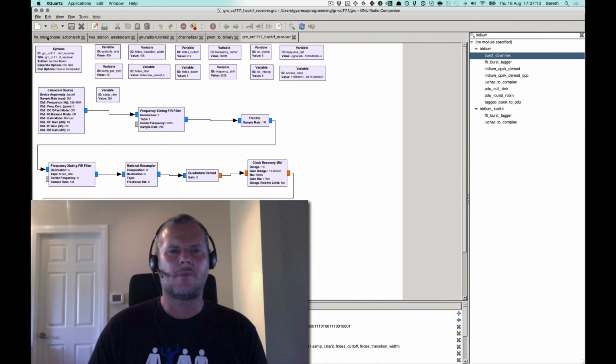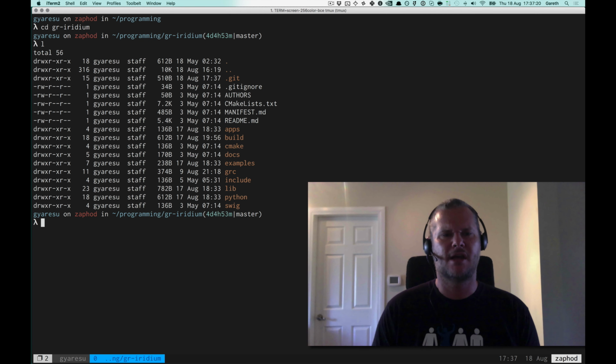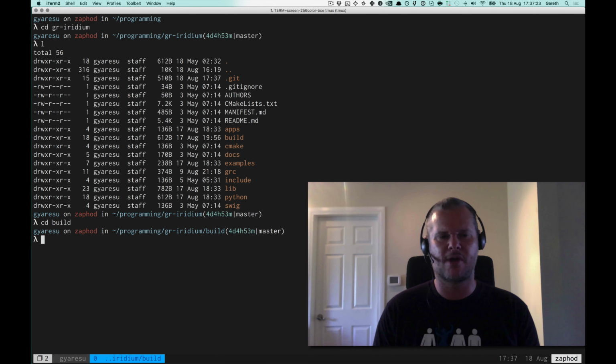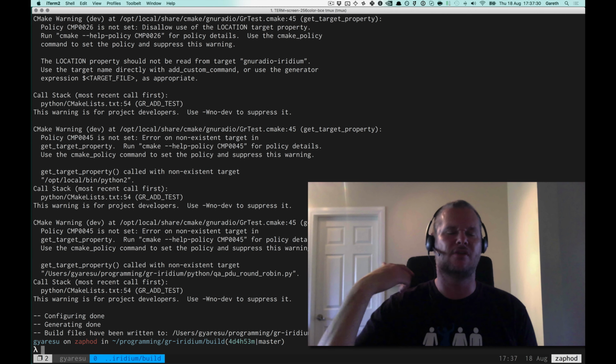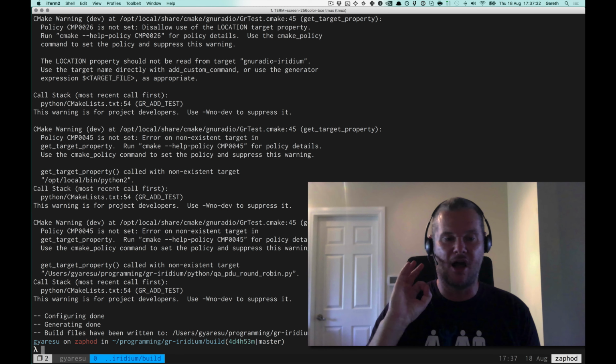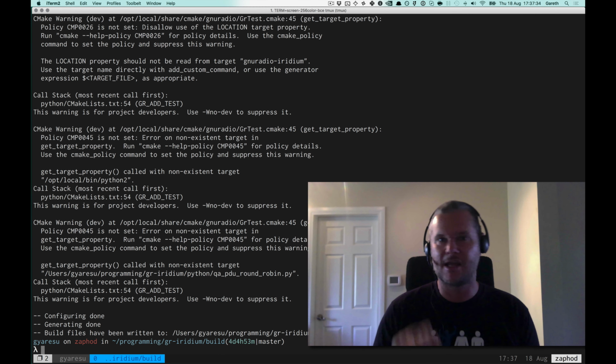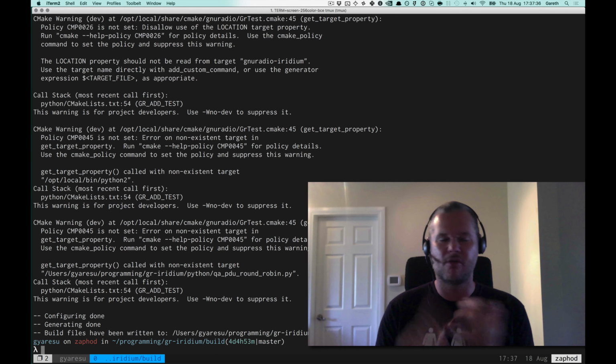But the way to install, for example, GR Iridium, is you change into the build directory, which you would have created the first time, and then you run cmake ... etc., and then you make, and then you sudo make install, and I've found that to be fairly rock solid as long as you're installing everything you can through MacPorts or your package manager, whichever one, and then